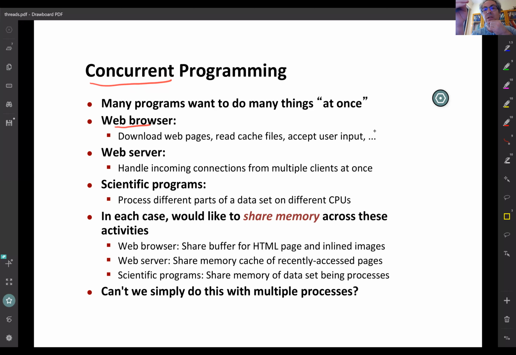At the same time, you want to refresh your display, right? So doing all these things at once is actually very tricky, especially when you have a single thread of execution. Or when you have a web server, you want to handle incoming connections from multiple clients at once. Or sometimes you have scientific programs that may be processing different parts of data, and you want to execute them on different CPUs. And in each of these basic cases, you want to share memory across all these activities,